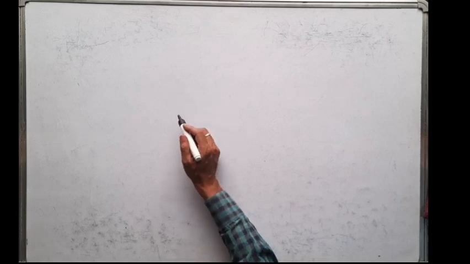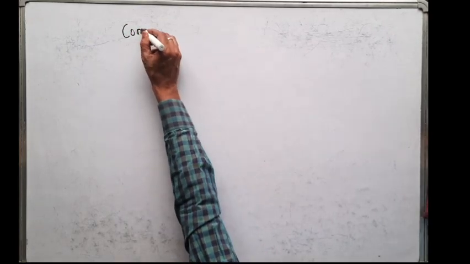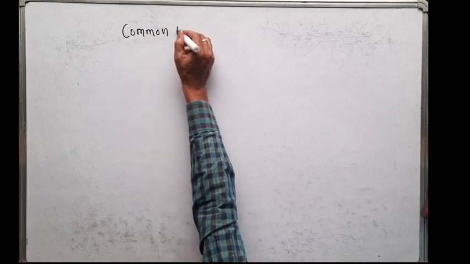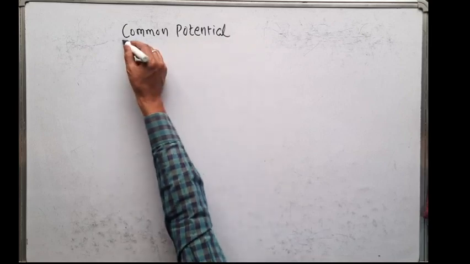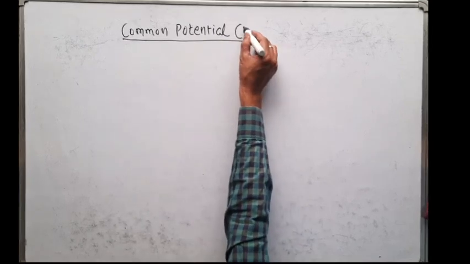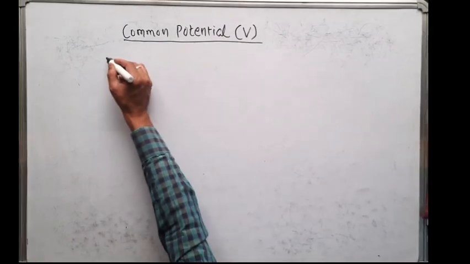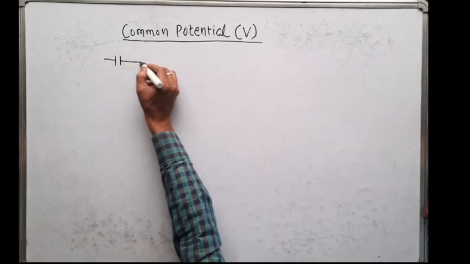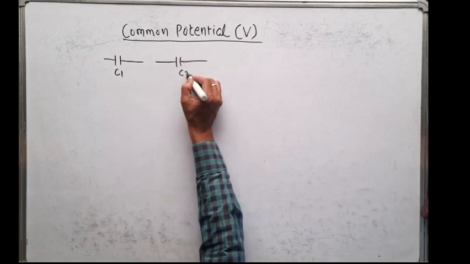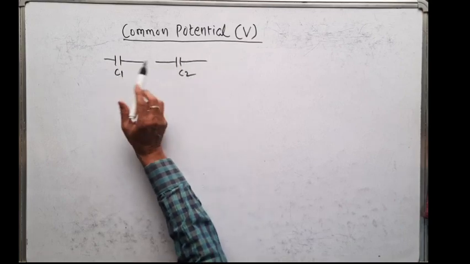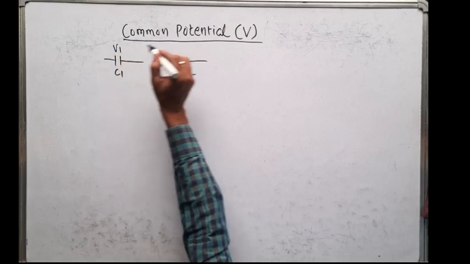Now we'll see the common potential. What do you mean by common potential? Let us say common potential is V. Suppose there are two capacitors. This is C1, this is the second capacitor C2, and these two capacitors are charged to V1 volt and